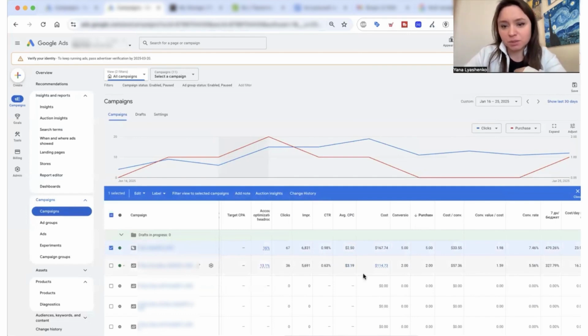And PMax became expensive because, even with a pretty high conversion rate, the cost per click shot up. But, in principle, for the PMax learning mechanism during this period, this could be considered normal. After all, we're looking at a week. A week or two, on the scale of the US, is really not enough time to test the full range of traffic, types of auctions, to see which queries convert better, which ones have a higher conversion rate, and which ones have a lower conversion rate. So, to feel out the whole volume, right?